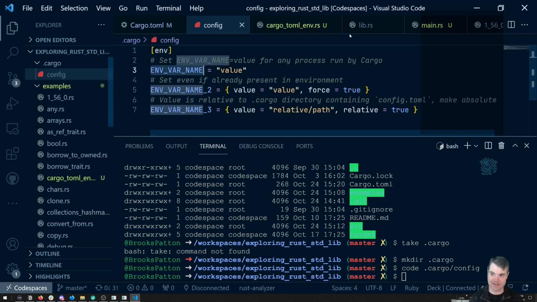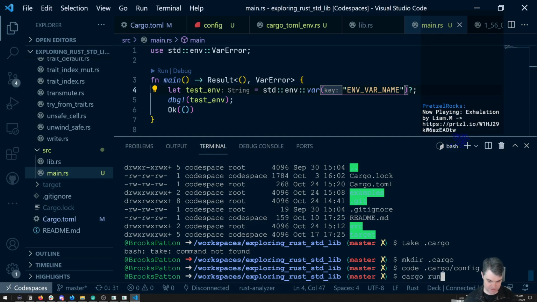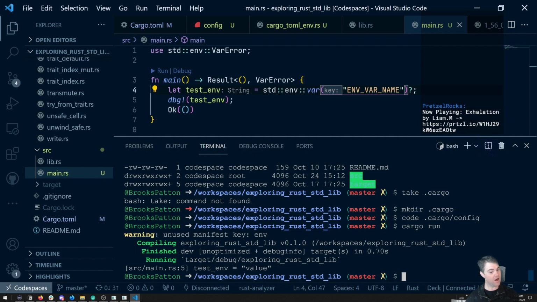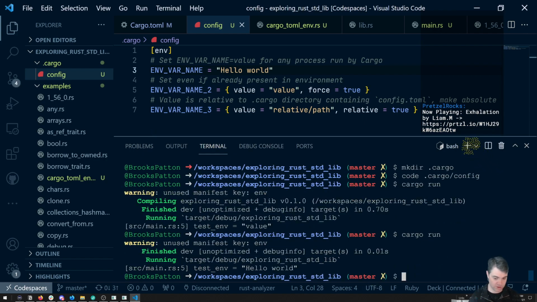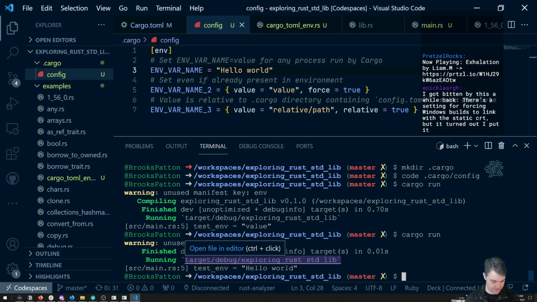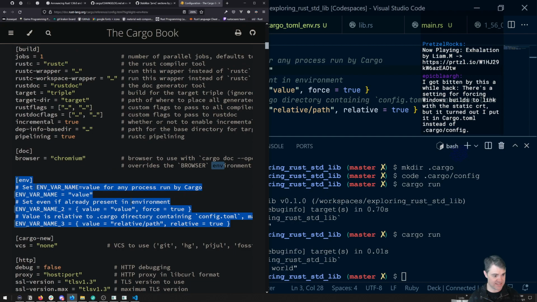Okay, so we'll do this one. So in main, we're looking for environment var name. That seems to work. Okay, so if I change this to hello world, it's now this hello world. So the idea is that we create our environment variables in this cargo config file, and then I can override them. There's a setting for forcing Windows builds to link with the static CRT, but it turns out you put it in the cargo toml instead of cargo config. Weird. Okay, so I really wish the documentation here would say that this needs to go